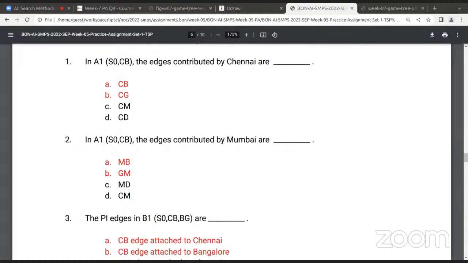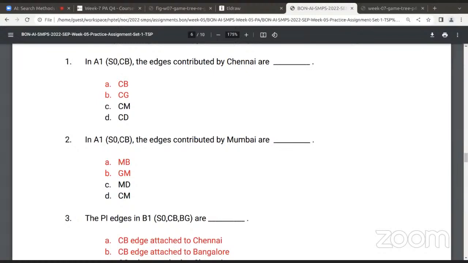Mukesh, you have to follow this point clearly. I am exiting from Chennai. I have come to Chennai, and from Chennai we are going as an arrow direction to Bangalore. Now, from Chennai, I cannot go to